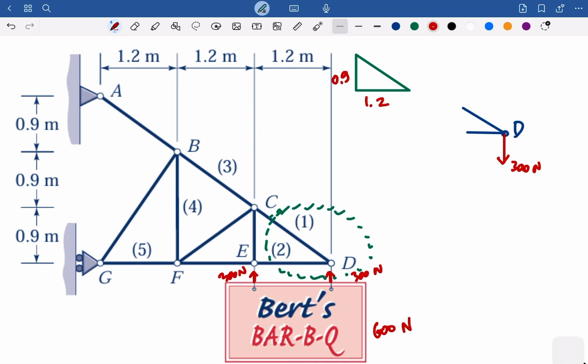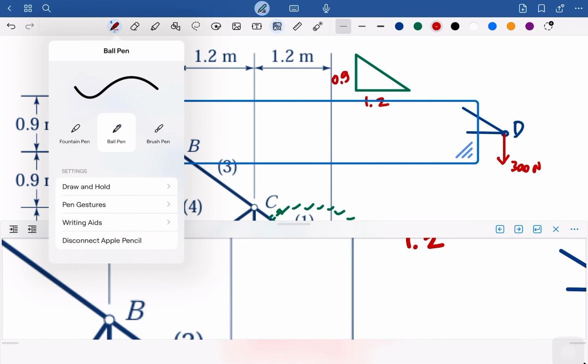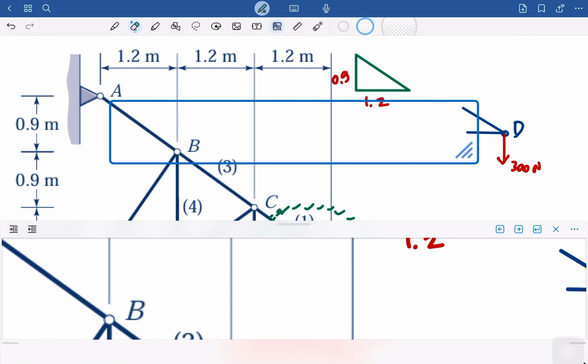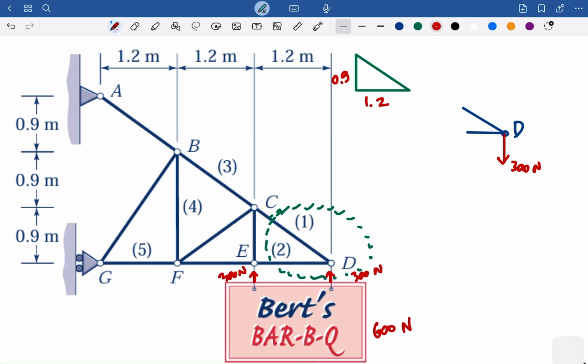Okay, so if you divide by 3, we could get that this will be, let me erase this, this will be 3, 4, and of course if this is 3 and 4, it should be 5 here. Okay,